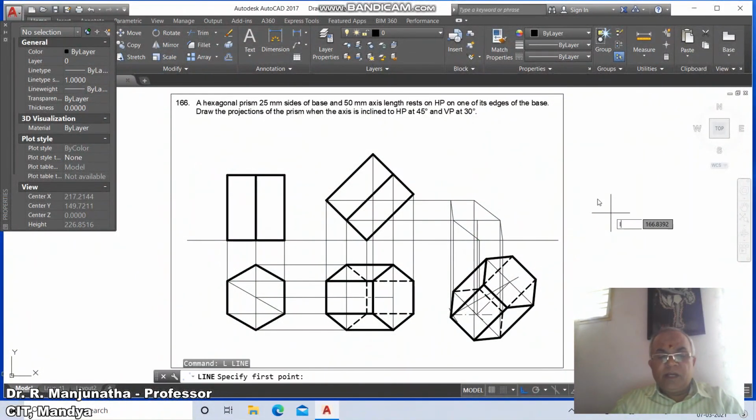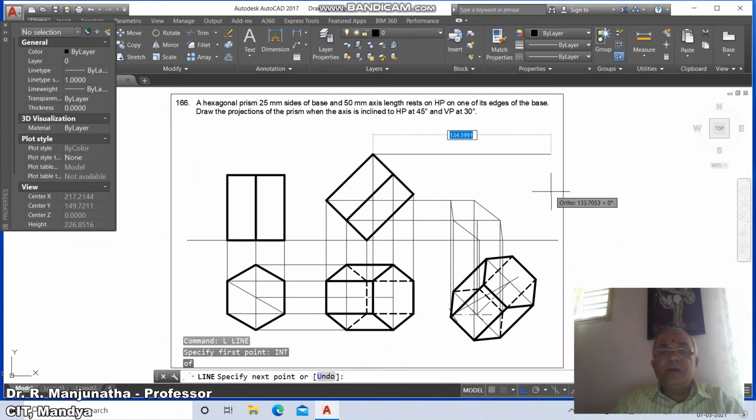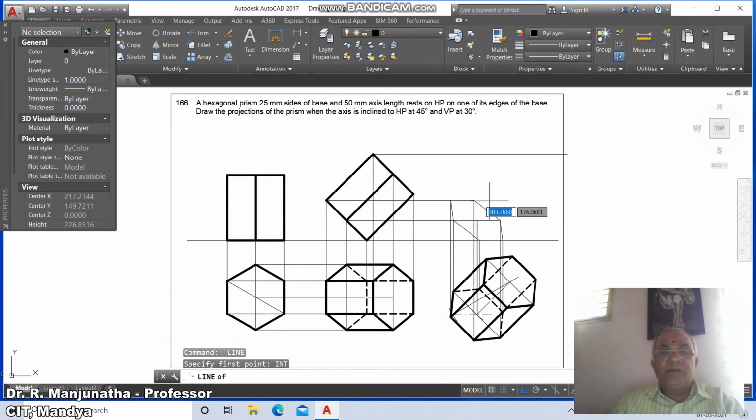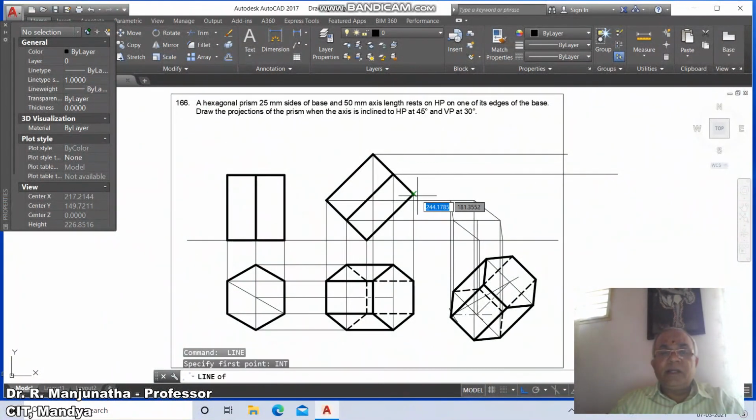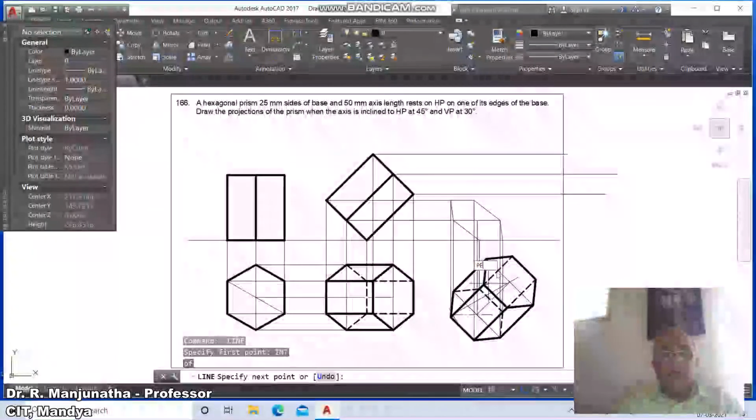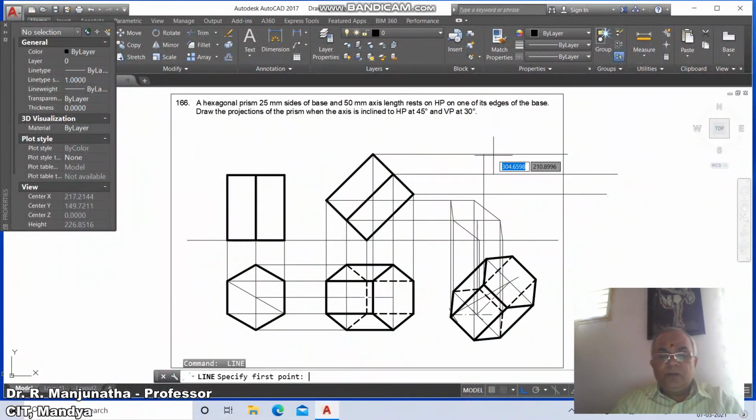Now we go for line, int of this and draw a horizontal line. Similarly, int of this and draw a horizontal line, and take int of this and draw a horizontal line. Take line, int of this and draw perpendicular to this. Then go to line, int of this,